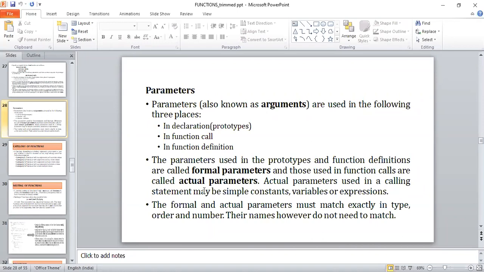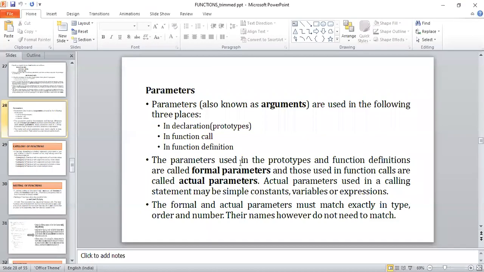So now let us see what exactly are formal parameters and actual parameters. Formal parameters are nothing but the parameters used in the function prototype and in the function definition. This is a very, very important part actually.